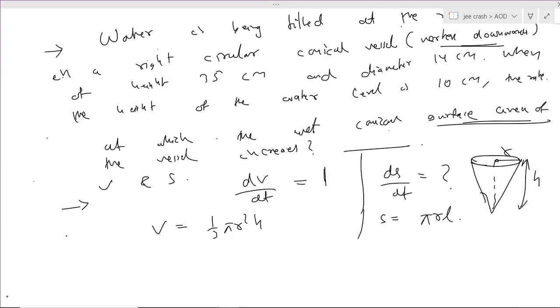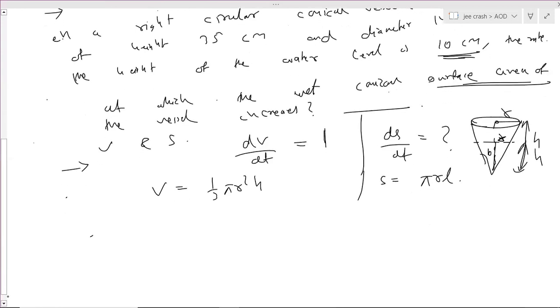They are saying the height is 10 centimeter. So when height is 10, you can find the radius. Take this as R, and this is 10, and you will get the answer. See, V is 1/3 pi r square h, and if you differentiate,